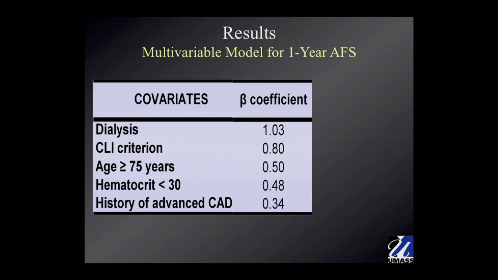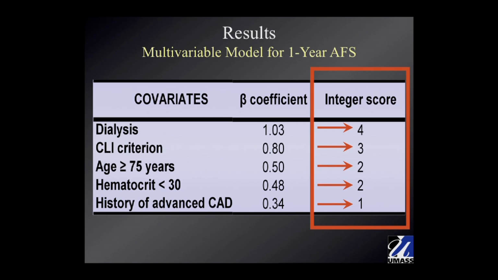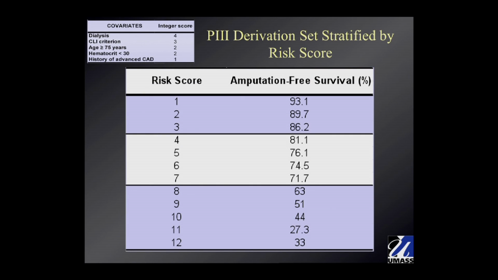We then took the beta coefficients from that model, and again, as has been done with standardized methodology, we created an integer score. And that allowed us to look at each patient within each of these cohorts and assign them a value. So we just scored each one of them with a risk score. Then we did some threshold analysis, and we could calculate their amputation-free survival at 1 year and classify them into